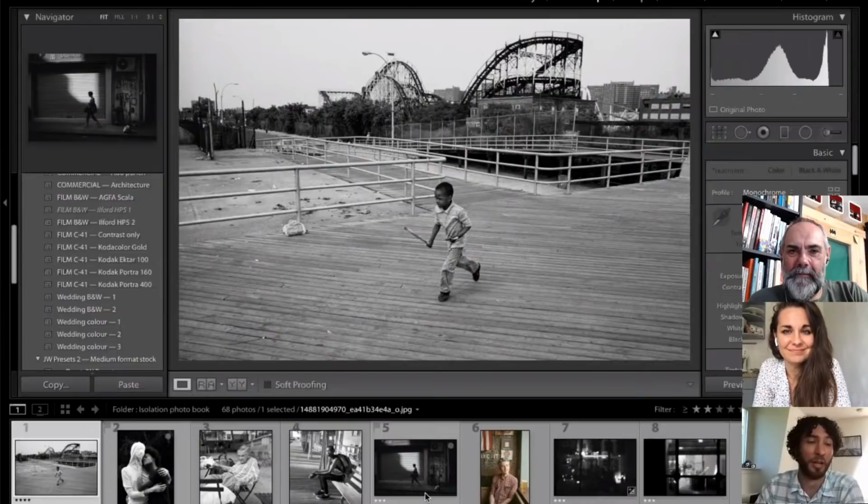So I thought, I want to print a zine. It's something that I've wanted to do for a while. But because there was so much happening in the world, I wanted to do it for charity, and I wanted to include other photographers. So I just posted a thing on Instagram